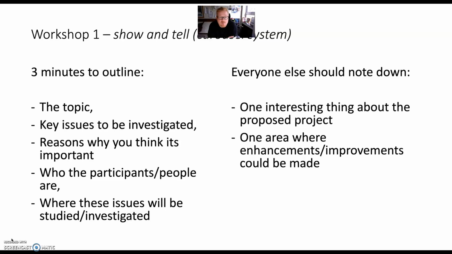There's 5 things there. You might only cover 3 of them, but it needs to be quick and it needs to be concise. And that's the main thing about this: if you can explain to somebody very, very quickly what you're doing, it normally means that the project has a very clear structure and line of argument. If it takes 10 or 15 minutes to explain it, then maybe there are too many components or too many elements to it. But whilst each of you will do this individually, everybody else who's going to be in your little groups, you'll be in clusters of 4 or 5, should make notes: one positive thing or one interesting thing, and one area where they think there might be areas of enhancement.